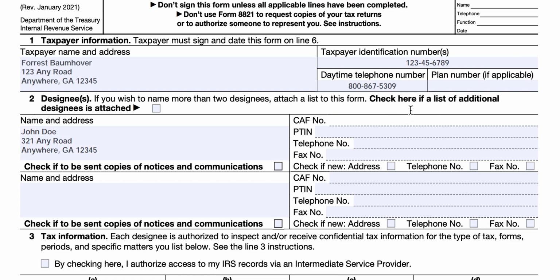And then we will leave this blank. If you leave that blank and there is not a CAF on file for that person, then the IRS will generate a CAF number. So if there is no CAF number, you can simply write in none, and then the IRS will issue a CAF for that person. Your PTIN,